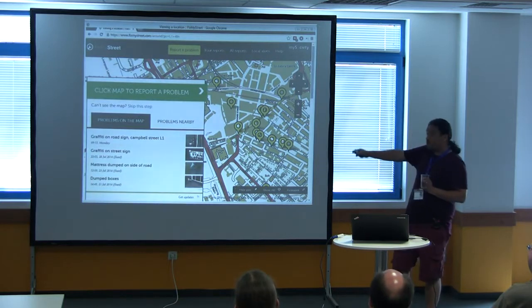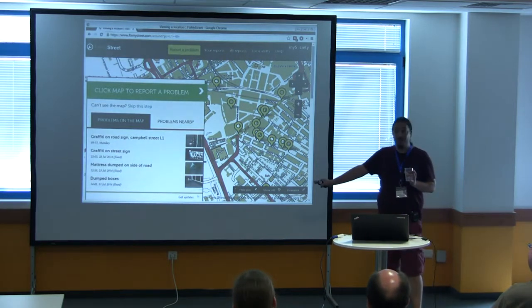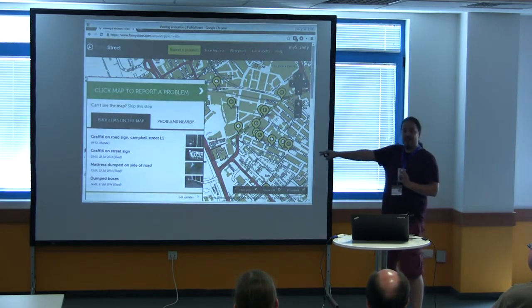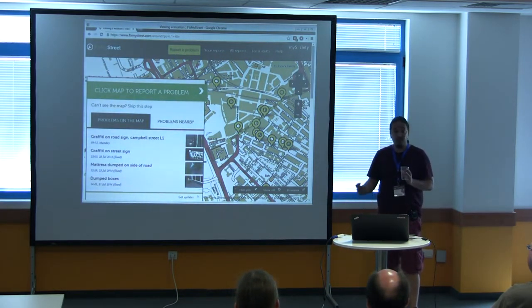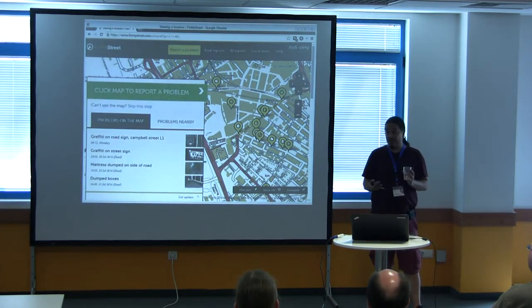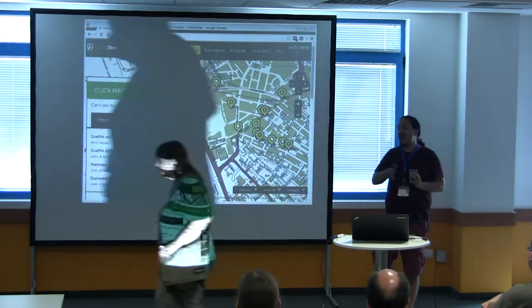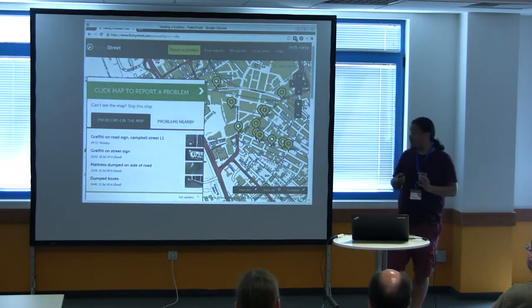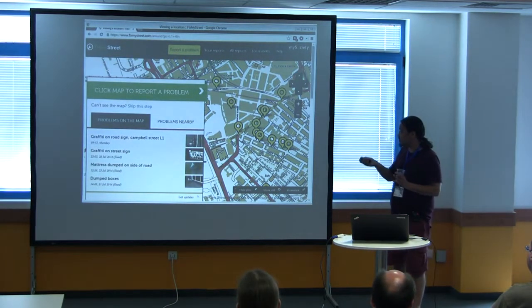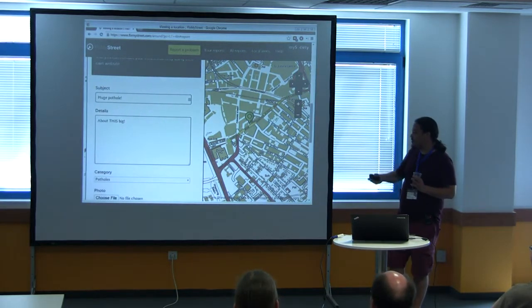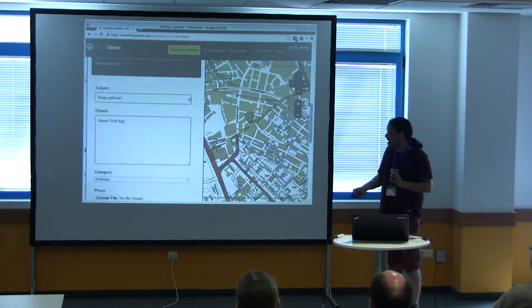So why do we show you those existing problems? Well, the reason is that we don't want 30 people reporting the same piece of graffiti. And there's a really good reason for that, because we're now going to contact the local town council and tell them about it. If they get 30 emails from us, they're going to go, well, they're a bunch of spammers, and not pay any attention. So it's really important that we try and discourage people from making duplicate reports. So then you can fill in data about this huge pothole, you can upload photos, and so on.